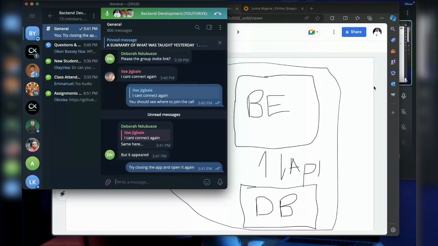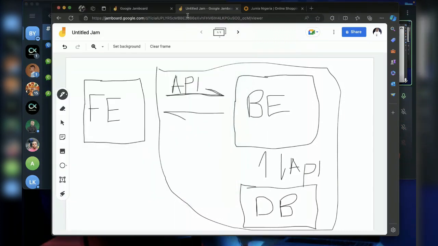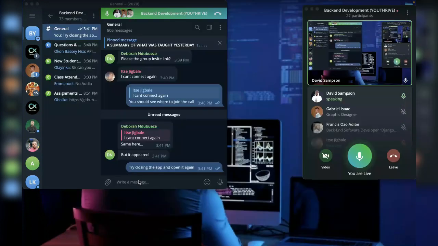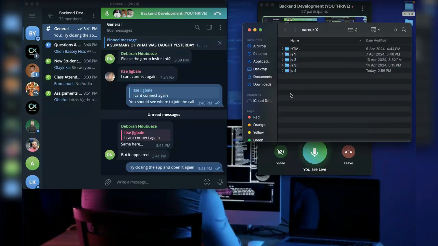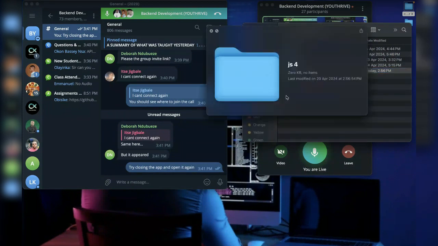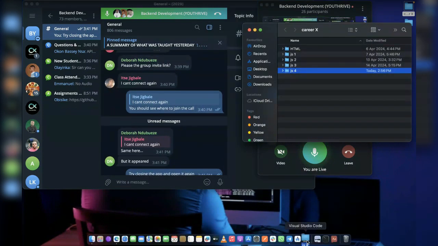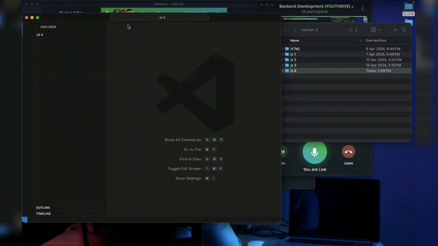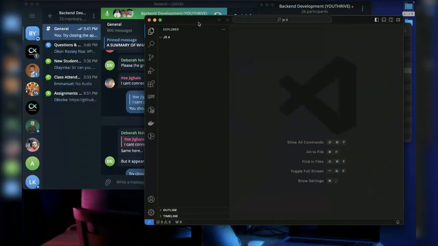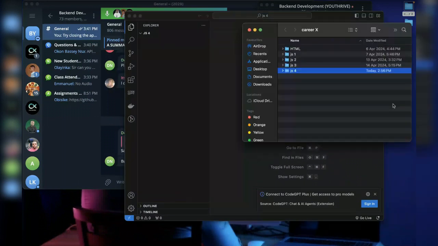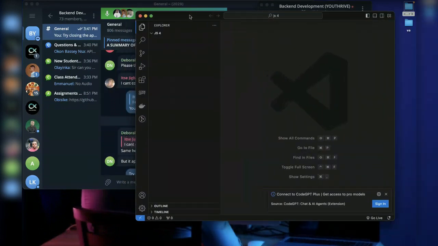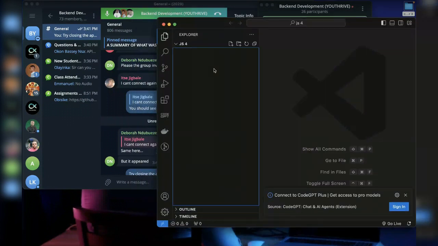All right, so let's continue to what we have for today. Now, today we'll be looking at JavaScript, the second part of JavaScript. What we have done so far was to look at the first part of JavaScript. And what we are doing today is totally independent from what we have done so far. Even though we are working on JavaScript, as a first time joining our class, please try and pay attention to what we have done or what we are doing, because it's important.